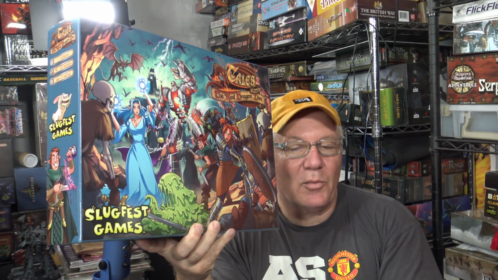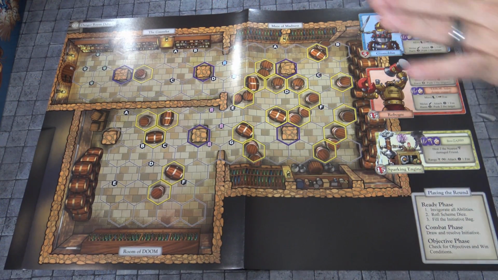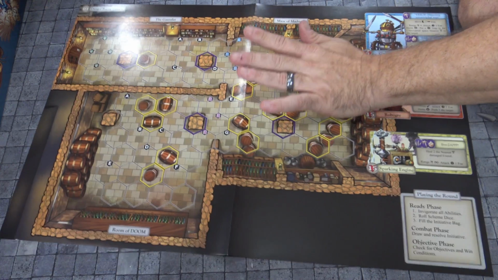I'm going to give you a brief overview on this. I'm not going to tell you all the rules. I'm going to let you decide for yourself, and then we're going to come up and talk about this little masterpiece. So one of the cool things is that there are a bunch of maps,